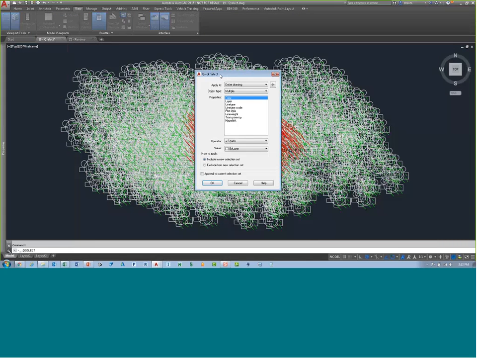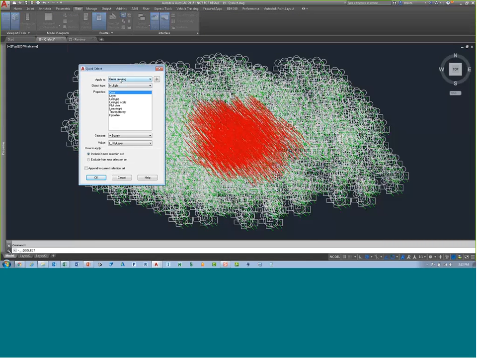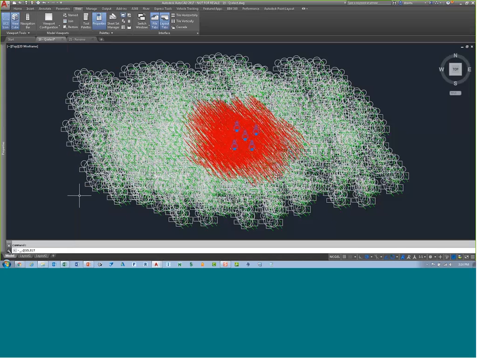You can start the command, and you can tell the software to look at the entire drawing or just the area that you pick. You can tell it to look for a specific object type. So I'm going to say a block reference. And I'm going to set it up so that it looks at the name that's equal to the block that I have in here. And I click OK, and it will find all of those blocks, and it will put them into my selection set so I can actually do whatever I need to do, for example, move them out